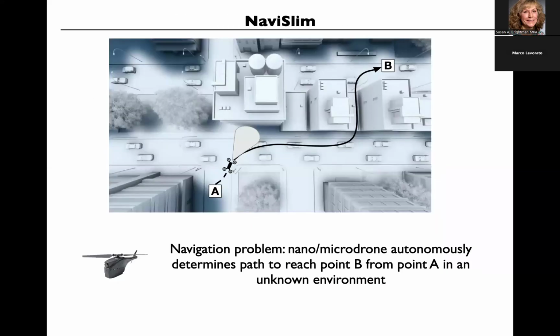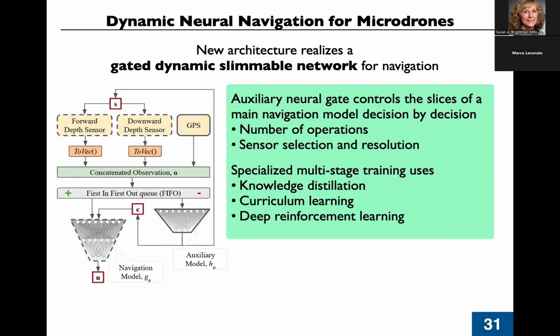But now we want to use this in the same context that we discussed in the split version, slightly different, a little simplified. So we assume we have depth maps, right? For instance, you have a low resolution LiDAR. One is pointing forward, one is pointing downward, and you want to make the navigation model adaptive to the context again. So we built a model which again has, you see, so this is actually a sensor fusion problem, strictly speaking. You have two sensors, which is forward depth sensor, downward depth sensor, and GPS, but GPS you always use. And you concatenate them and you feed it to a navigation model,